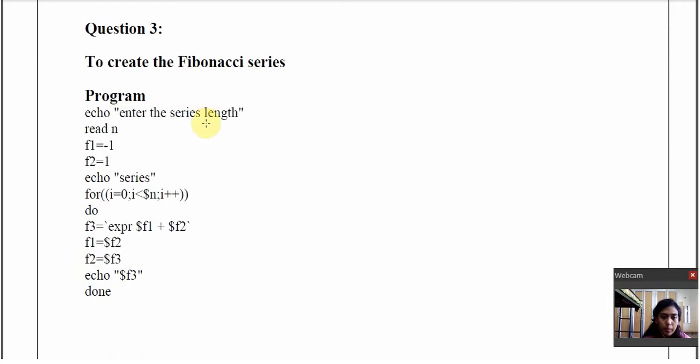Then to create a Fibonacci series, so it's quite easy. So echo the series length, then I'm entering the range, and then I'm initializing the variables f1 and f2. One is minus 1, another is 1. So the series will be f3 is equal to, using the for loop here, so f3 is equal to expression